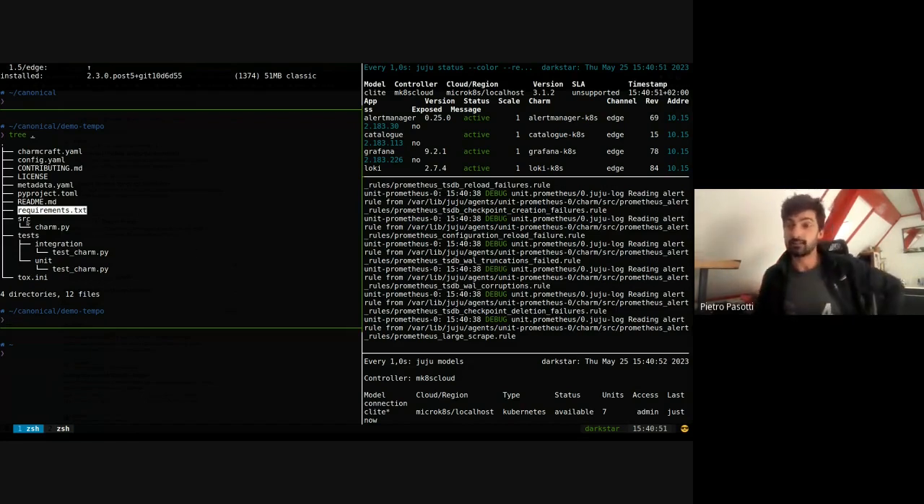Then it has created an src folder with a charm.py file and integration and unit tests folders for our tests. Now, what is important to note at this point is that not all of this is charm code. The minimal